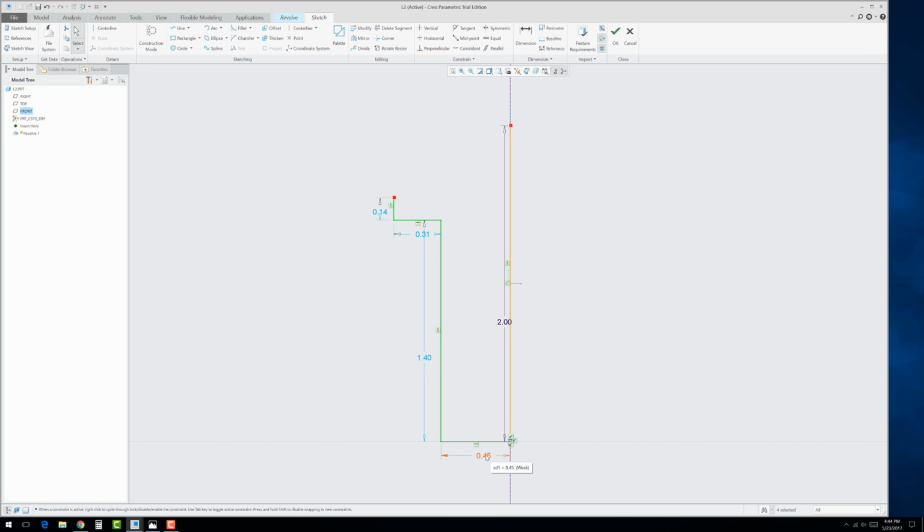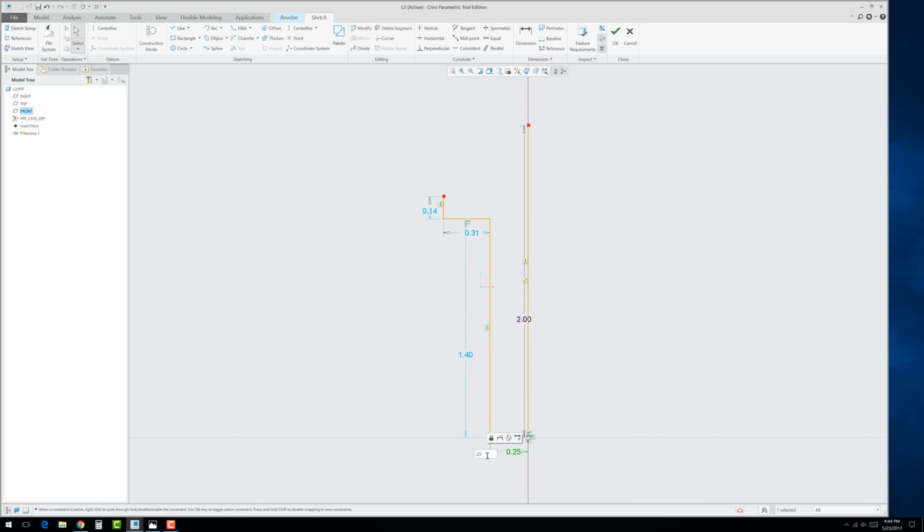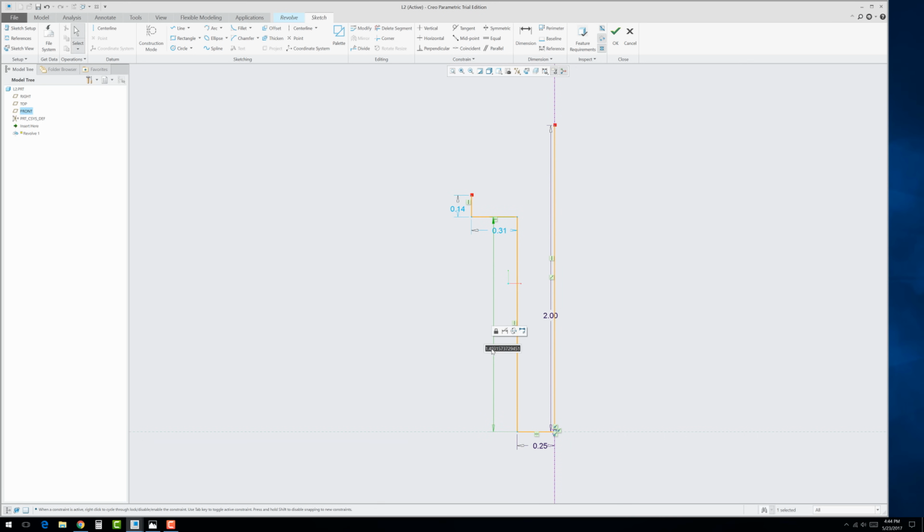Now with the dimensions given, the bolt shaft is a 1/2 inch, so this actually needs to be 0.25 because technically it's only 1/2 of a revolve. This needs to be 1.7. That we don't know yet until I look at it a little closer. And this one is going to be 0.1. Okay, with those dimensions given, and one more, let's go to dimensions, select this line to the center line, middle click, and the head of the bolt is 1 inch, so this would be a 1/2 inch